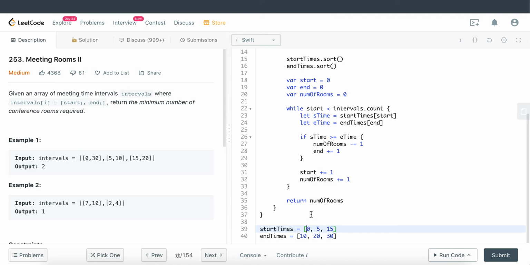But whenever we encounter the start time bigger than the end time, essentially the meeting has ended. The meeting has ended, so we're going to increment the end time. And at the same time, since the meeting has ended, that means the room is now free to be used for the subsequent meetings, so we're going to decrement the number of rooms. So yeah, so